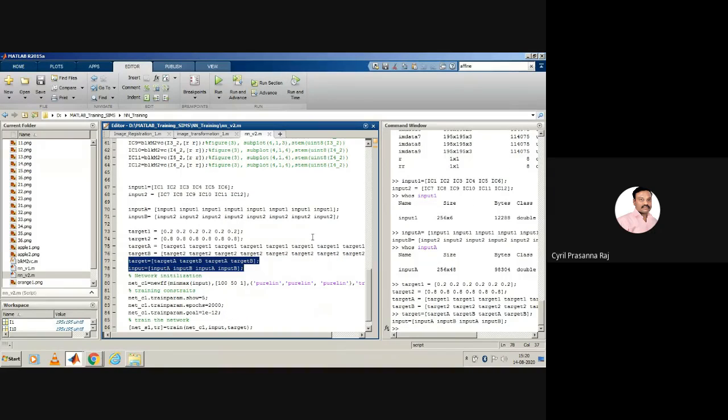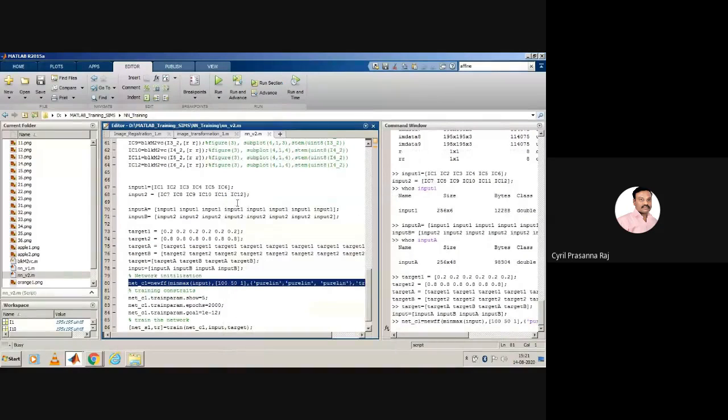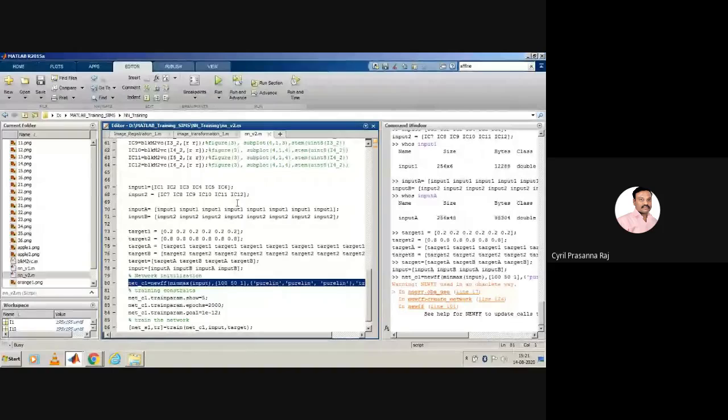Then, as I said, we are trying to invoke a feed forward network consisting of 10 neurons in the first hidden layer, 50 neurons in the second hidden layer, and 1 neuron in the output layer. We are defining it as 1 basically because this 1 implies 0.2. Output is 0.2 if it is 1, output is 0.8 if your number is 3. We also tell that all of them are purelin, purelin, purelin, and we are using a training function as well. So the network is set.